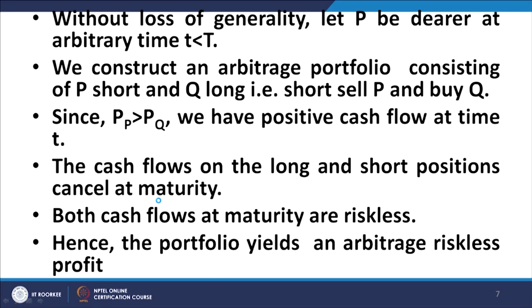Now, because P is dearer and Q is trading cheaper in the market, when we have a short position in P and a long position in Q, the net result is going to be that we have a positive cash flow at that point in time. Whenever we construct this portfolio, if P is dearer, Q is cheaper, and P is short, Q is long in our portfolio, then we will have a positive cash flow at